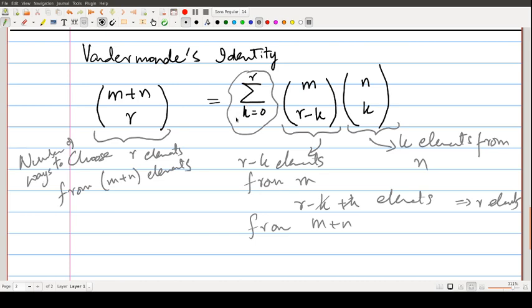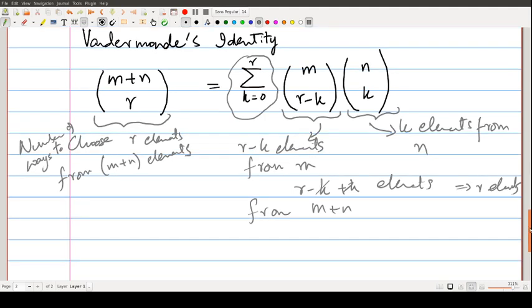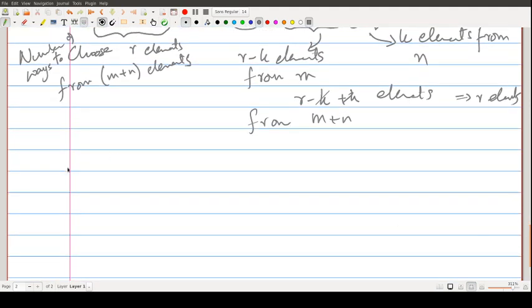And this summation is basically coming from the fact that it's possible that you want to select one element from here and r minus 1 elements from here. It's also possible that you select 2 elements from here and r minus 2 elements from here. So basically you're accounting for all possibilities. So what are all possibilities? If you separate them into two bags,